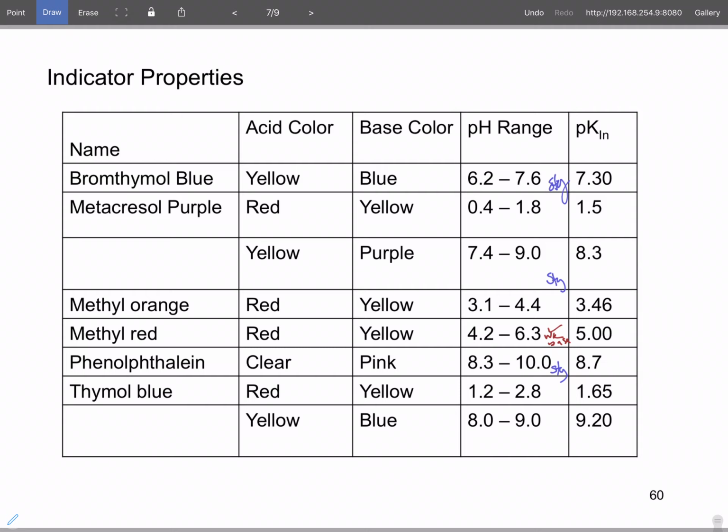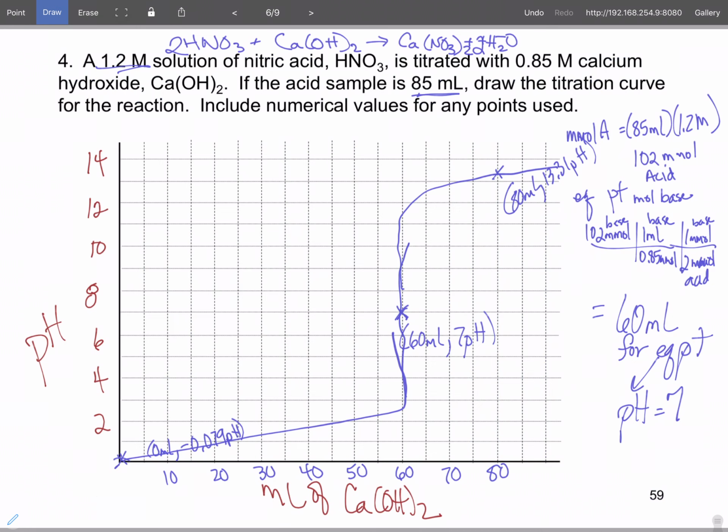Thymol blue would probably work, but I'd rather not. So it's bromothymol blue, metacresol purple, and phenolphthalein. So we could use as our indicator, we could use phenolphthalein, bromothymol blue,